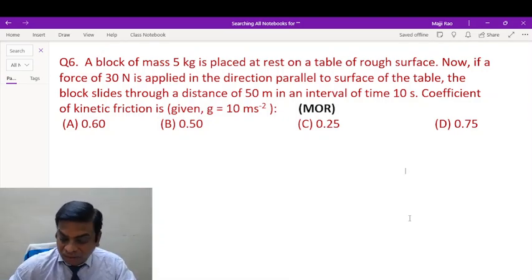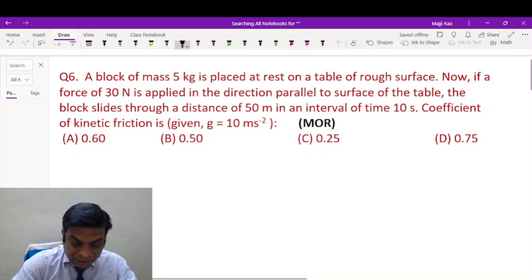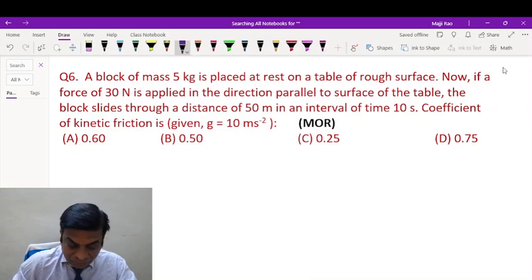Today I am here to discuss questions based on mechanics which were asked on the 1st of February 2023 JEE Mains. Okay. So without wasting time, we can see that